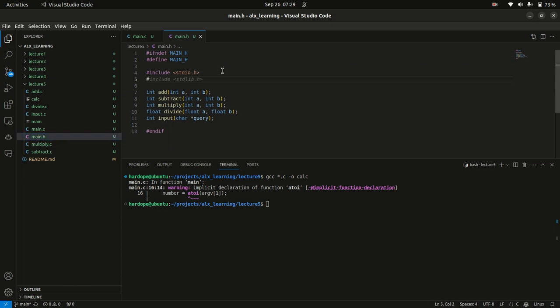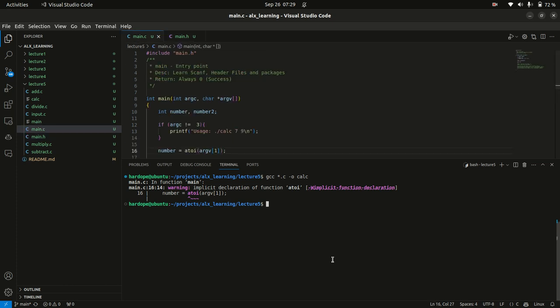Now the header file that is responsible for that is stdlib.h, so it contains that specific function. So you need to know which functions are in which libraries, in which header files, so to say, to know how to use them. Now let's go back and recompile our code and see now that it works. Because we've included a proper header file for the functions we are trying to use, now we have no errors. So now when we run ./calc,